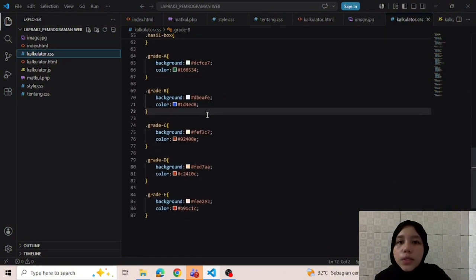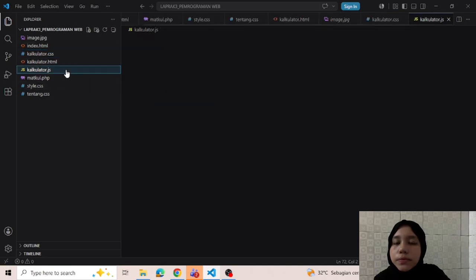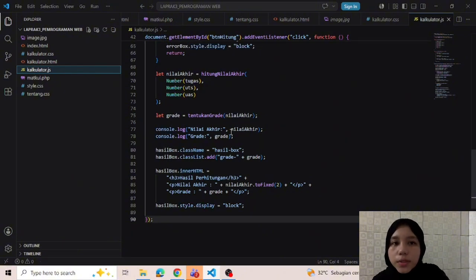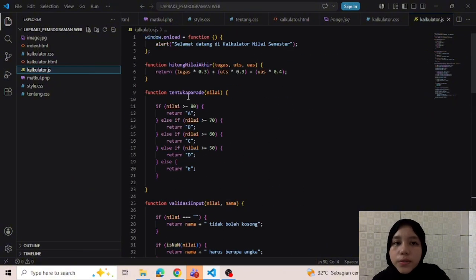Next, calculator.js. Now I will explain the JavaScript logic. The first function is window.onload. This function displays a welcome message when the calculator page is loaded.